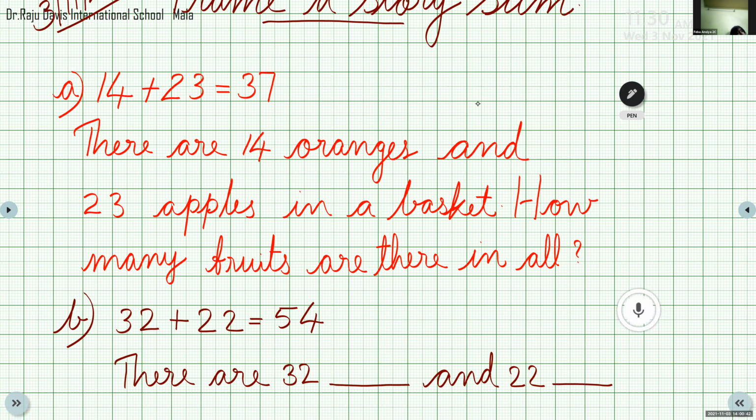Please write the next one. Wait. Next one, be ready with your workbook. Please be ready with your workbook. Next, we are going to write in the workbook. I know workbook. You don't have the workbook. What? I have a workbook. And where is it? You didn't get it from the school. Please collect it.